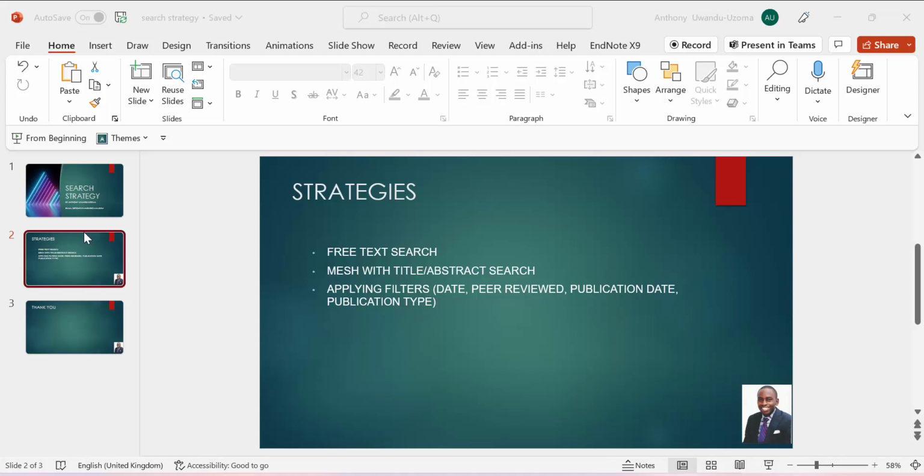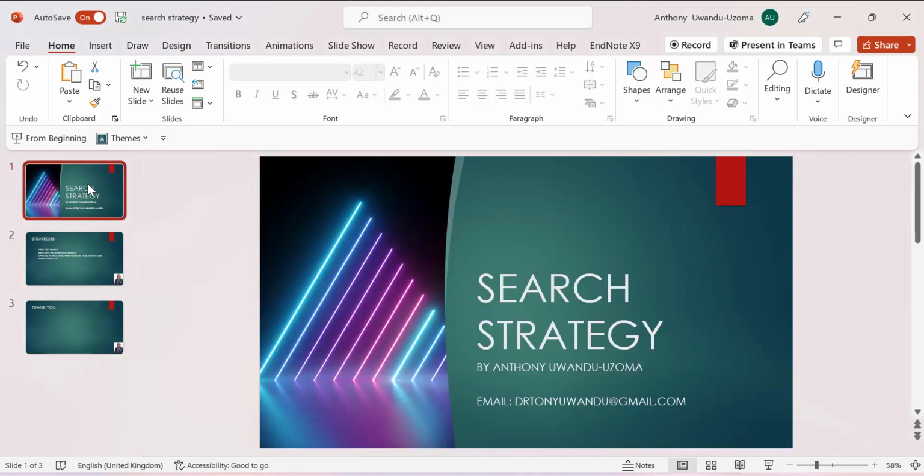So today we are going to be looking at various search strategies for your methodology section. There are different ways that one can do a literature search, and the main thing is not about getting the perfect